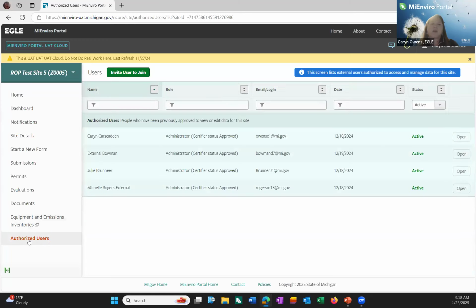Also, if you go to the authorized users here on the left, again, the functional area, you can double check to make sure who was listed as your responsible official, that they have either editor or administrator status, and then they have that certifier status approved. So then you know who should be able to submit those forms with respect to any Title V report that's coming to the